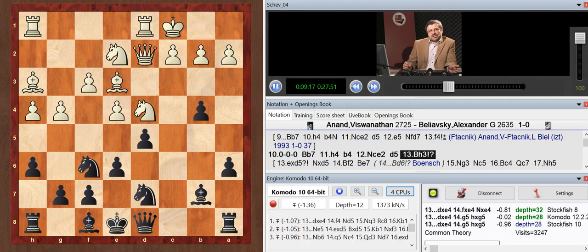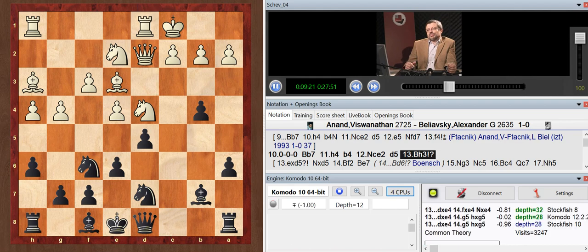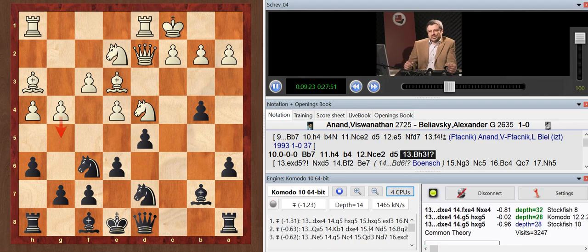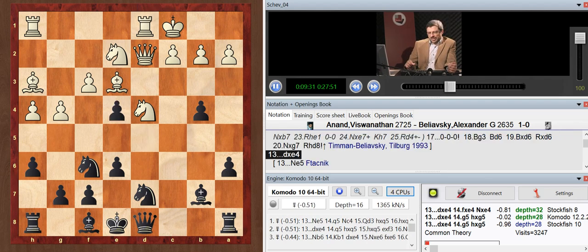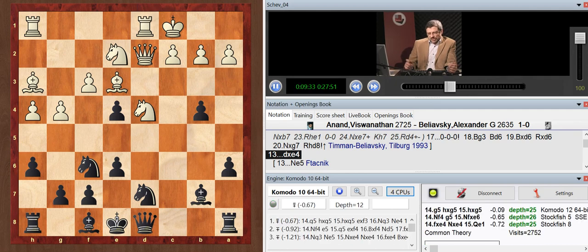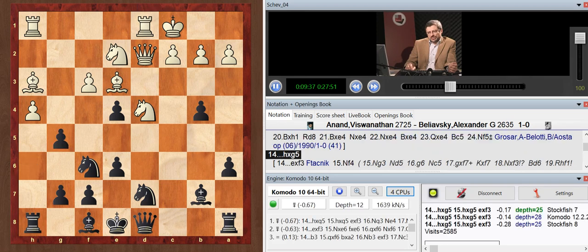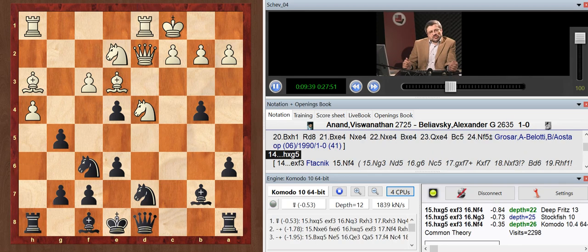After bishop h3, we have a similar problem as in the previous game. White is ready to sacrifice quite a lot, and he wants to advance g5, g6, storm the position, and break through on e6. In this game, black decided to take on e4, and after g5, this very highly charged position